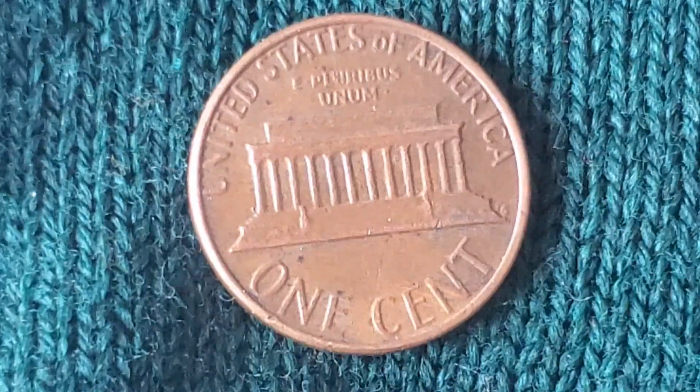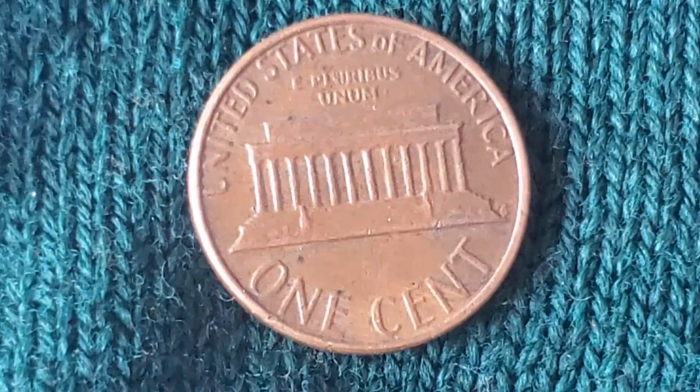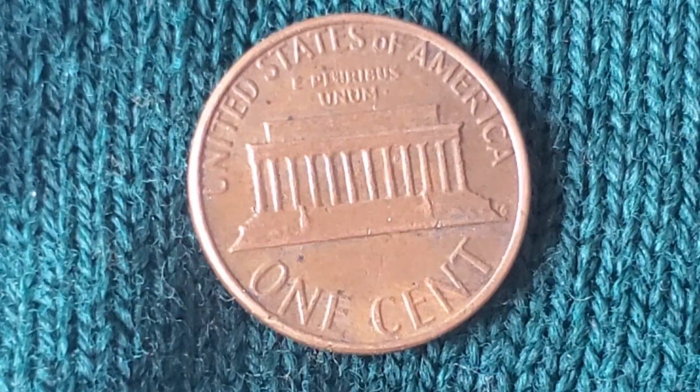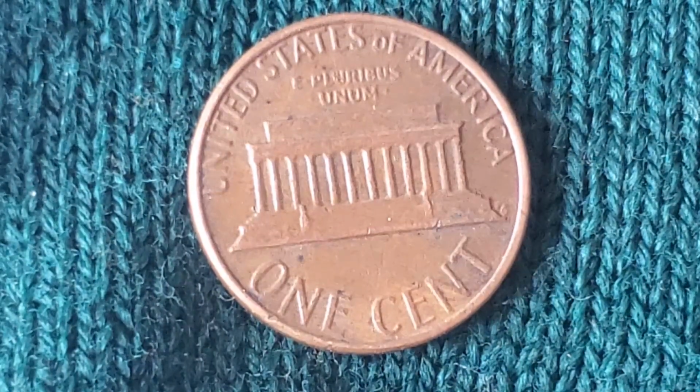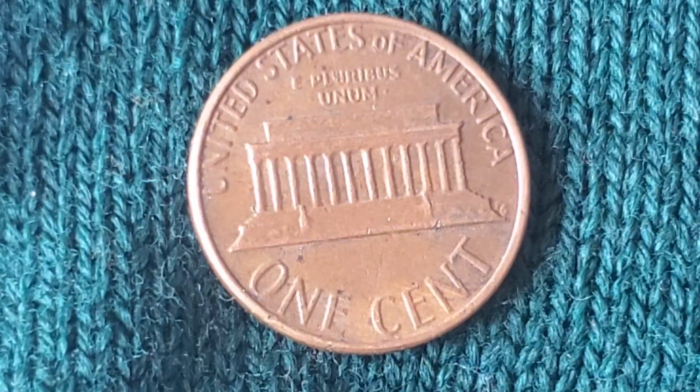Varieties and errors. The 1982 penny has multiple varieties due to the composition change and different die types used during production. These varieties include: 1. 1982 copper large date, 2. 1982 copper small date, 3. 1982 zinc large date, 4. 1982 zinc small date,